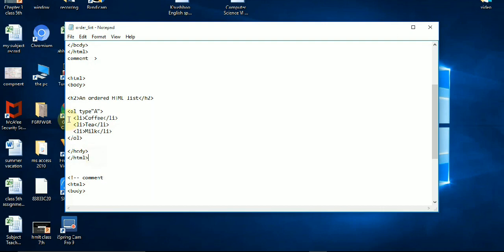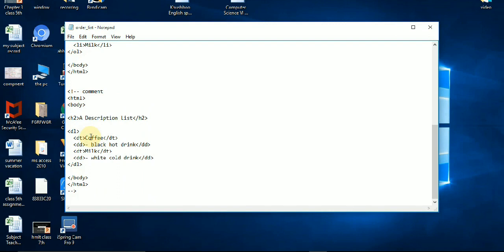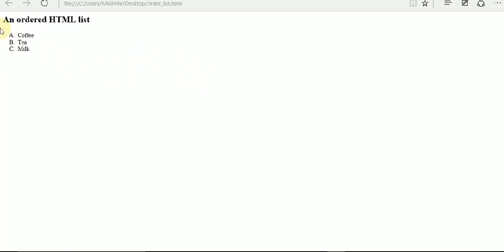In an ordered list, the OL tag is used, as we already know. In an ordered list, all the items are specified in a specific sequence. It will show type equal to A, giving A, B, C. If you change it to 1, then it will show 1, 2, 3. Now we can see the output. Press Ctrl S, then run the file and minimize it. It shows A, B, C. If you change it to 1, then it will start from 1, 2, 3.